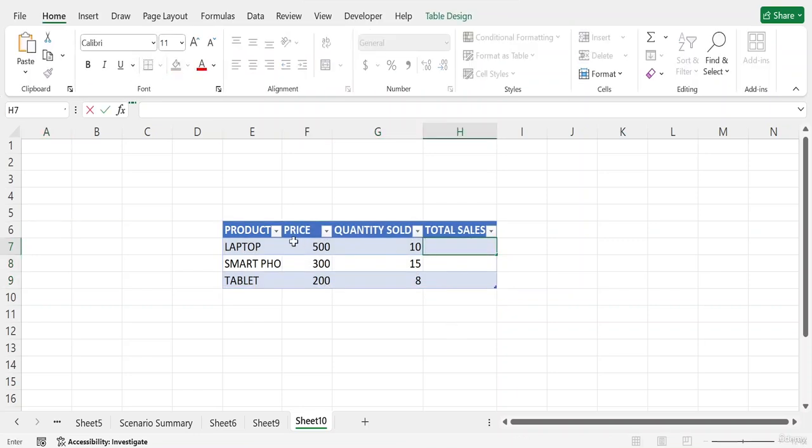In the total sales, as you can see, we have to multiply to calculate the total sales. So if I take 500 and multiply by 10, then it will give us the answer.